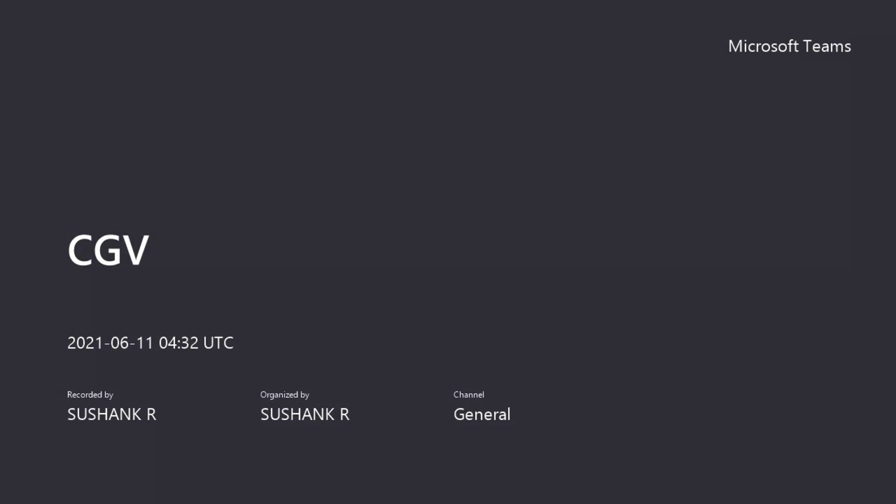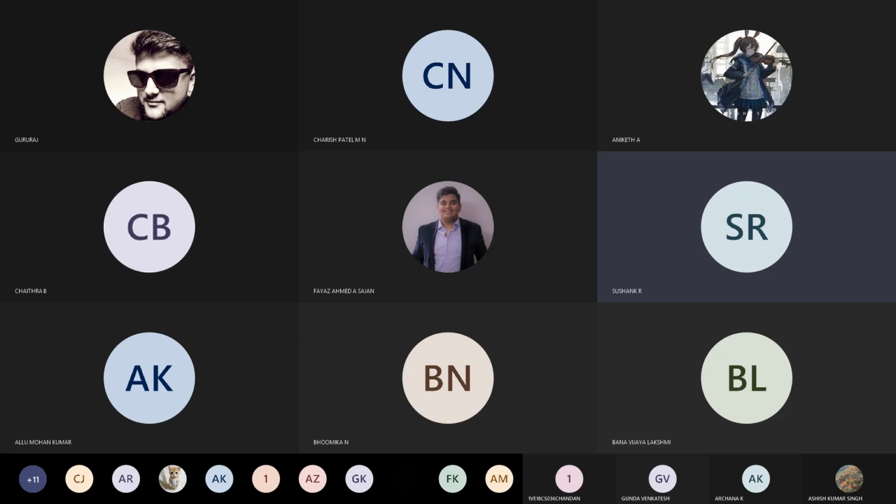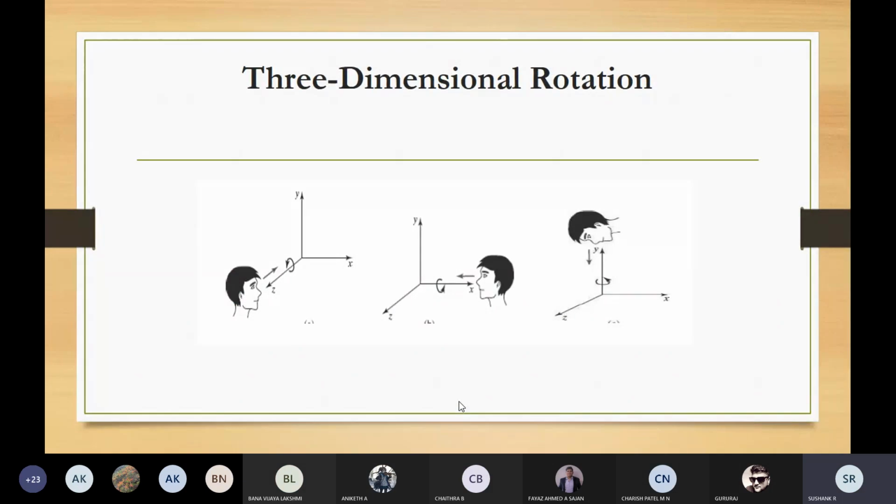the three-dimension rotation, where I told you that here the view of the user will come into play. If it is looking towards the origin, we will get three kinds of rotation: when looking along the z-axis, when looking along the x-axis, and when looking along the y-axis. So for these three views, we will get different rotation